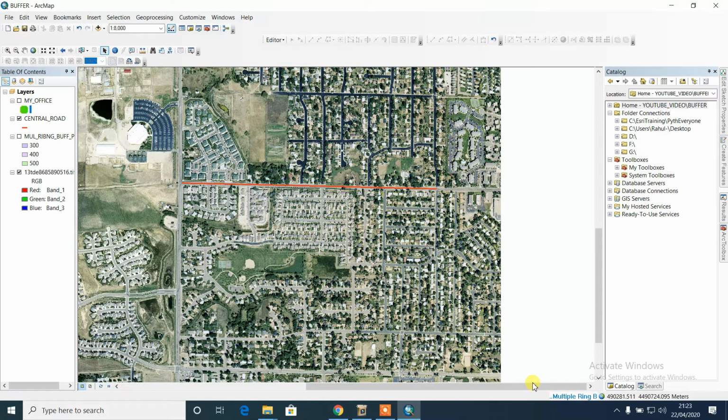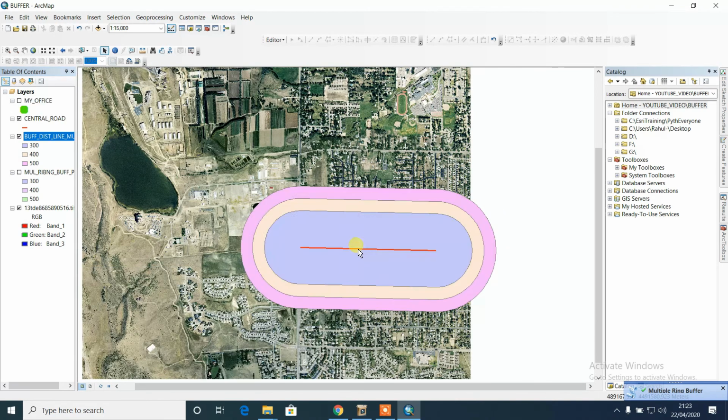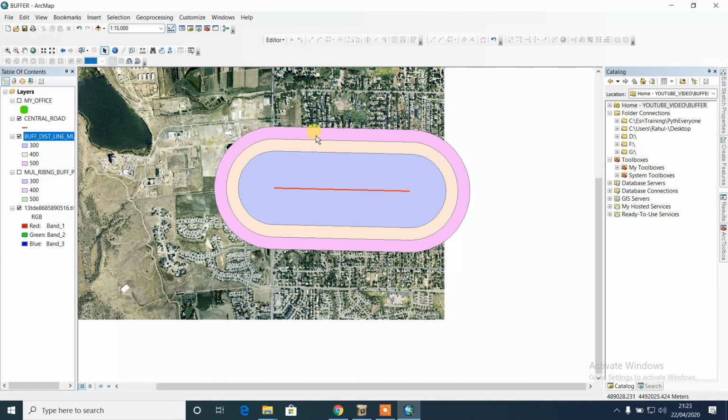Actually it's a little bit more complex analysis than buffer, but it's very useful. Different kinds of industry workers and different types of e-commerce agencies analyze this way. They also have buffer zones. See, this is the output. It doesn't even cover my image, based on this line at 300, 400, 500.